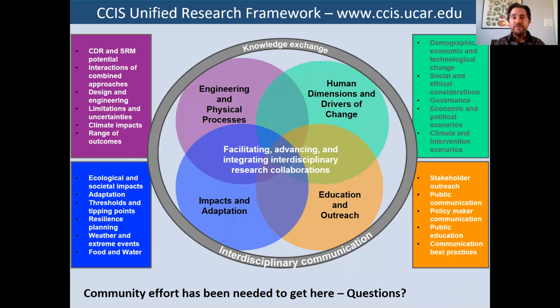So that brings us to the final slide, which is looking at the unified research framework we've developed. Here we can see all of the components of our community as we want to bring them together. And these disparate research groups need to be able to facilitate and exchange information between them. But we also need to be able to get this information out to stakeholders.